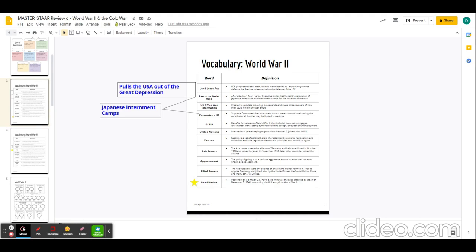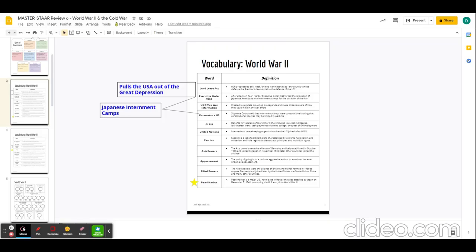And so what happens with Executive Order 9066 is that there is the forced relocation of Japanese Americans into these camps for the duration of the war. And so there are a handful of camps that pop up throughout the Southwest United States and as far east as Arkansas, where these families are forced to go and live for the remainder of the war. Now, these are not concentration camps like we think of with Adolf Hitler. However, these were also camps that did have barbed wire surrounding them and armed guards preventing people from leaving.